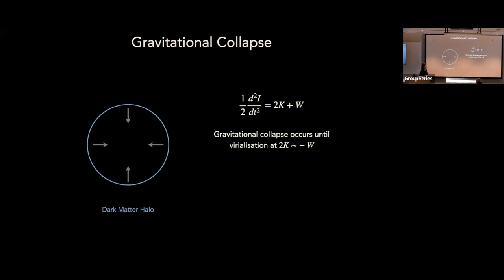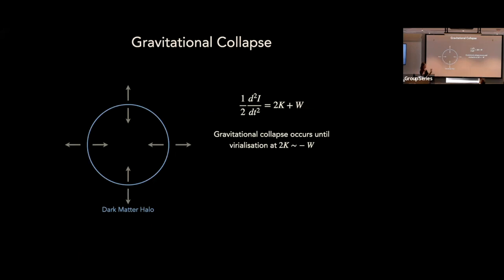So just to set up the problem, recall that when we talk about non-dissipative dark matter, so regular cold dark matter, you would start off with the halo collapsing. That comes from just the virial theorem. When I have 2K plus W, when that's negative, my moment of inertia decreases. So I'm making my halo smaller, it's collapsing. And that ends up occurring up until the point where I virialize. And then I get a balance of forces, a pressure pushing out and gravitational force coming in, and that stabilizes my dark matter halo.